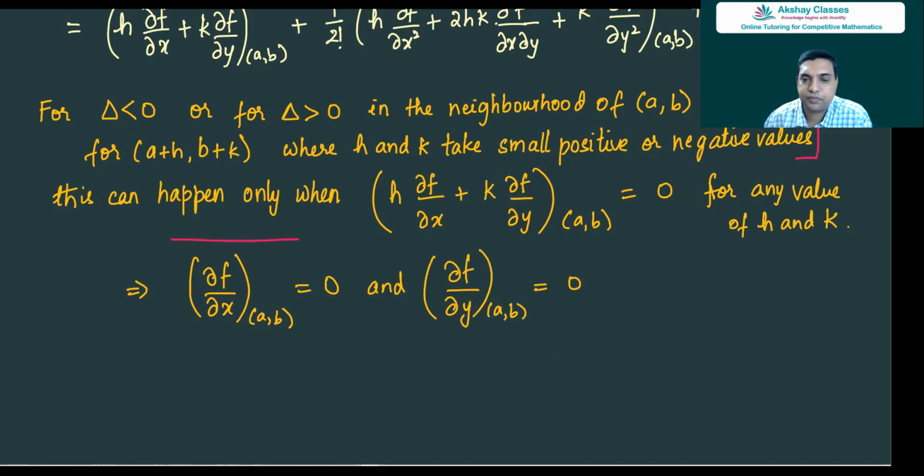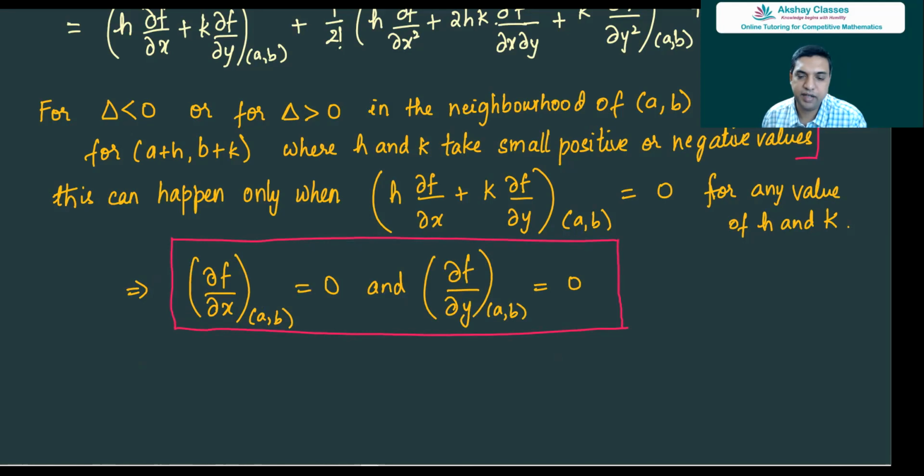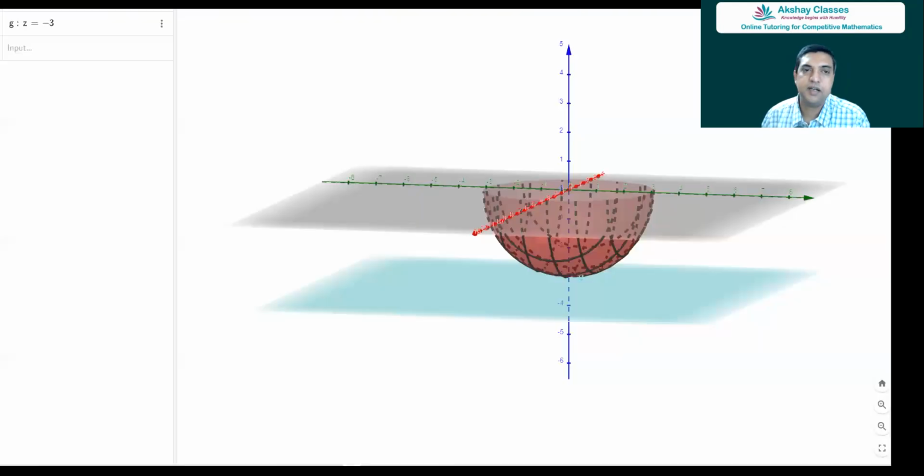So this is understandable. Along the direction of x, the derivative must be 0, and along the direction of y, the derivative must be 0. So here in this particular example,